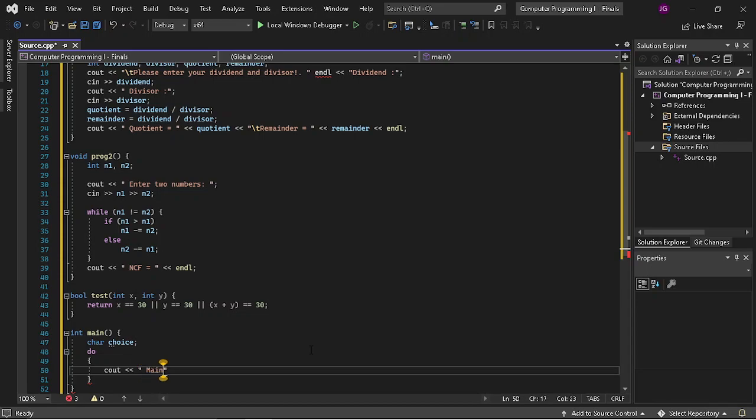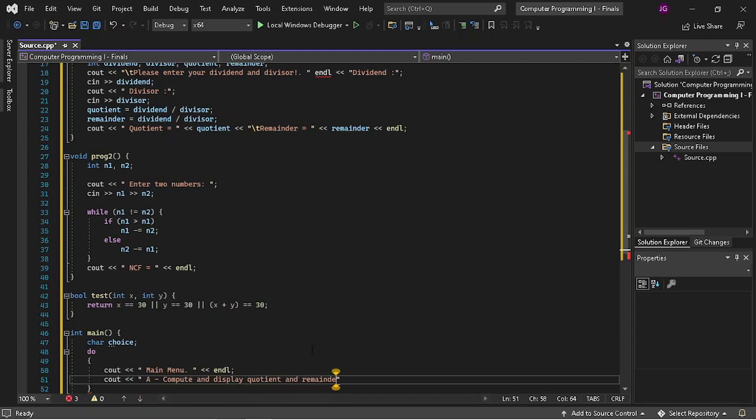So first we have main menu, and then dot end line, cout, a is equal to compute and display, sorry, quotient and remainder of two numbers, and then end line,